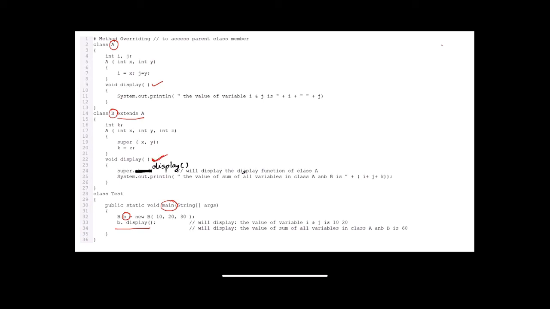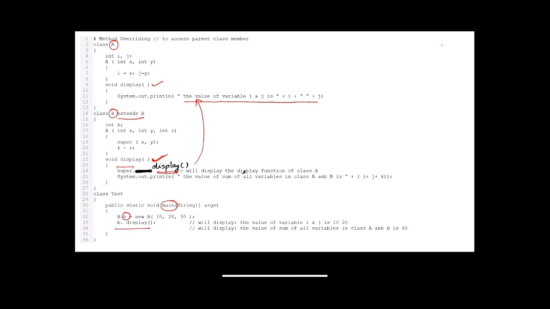Now, I have made a small modification: I have used the super keyword, and using super dot function, I'm calling the display method of my parent class. So the statement of the parent class will be printed first, and the answer will be the value of variables i and j is 10 and 20.